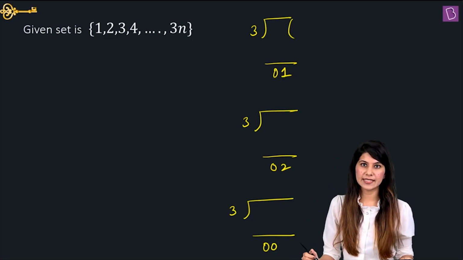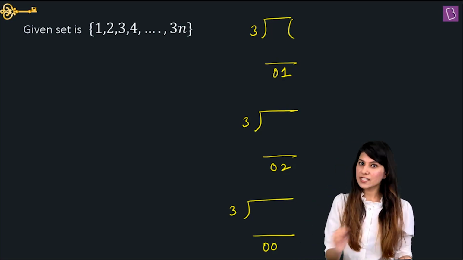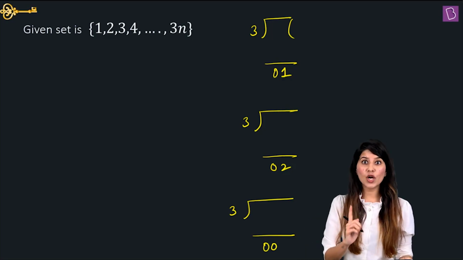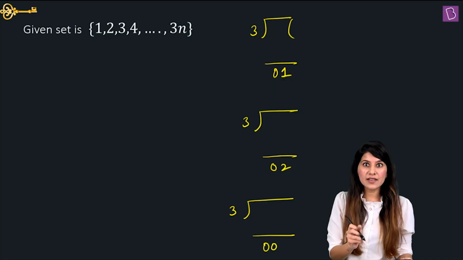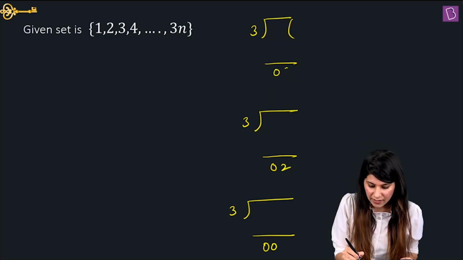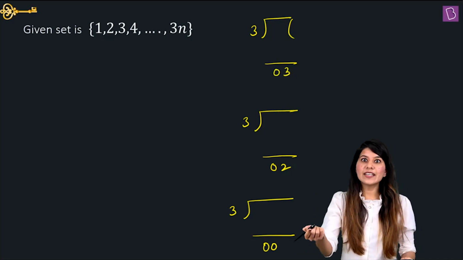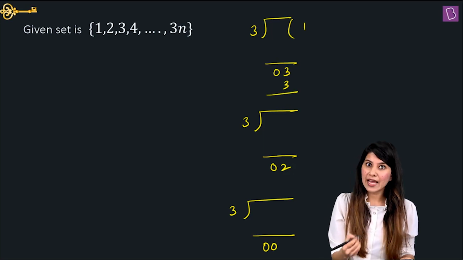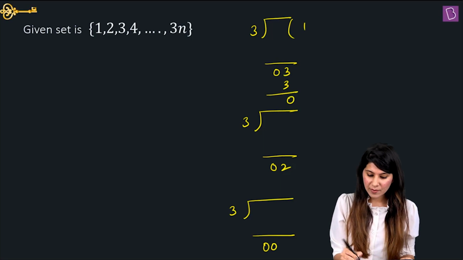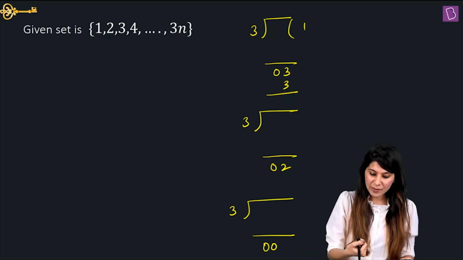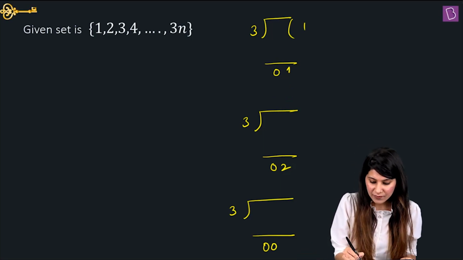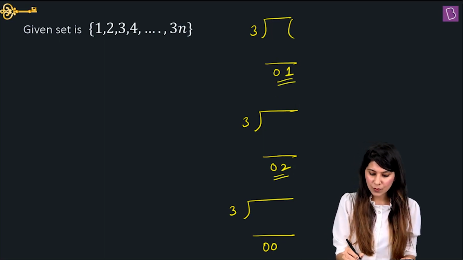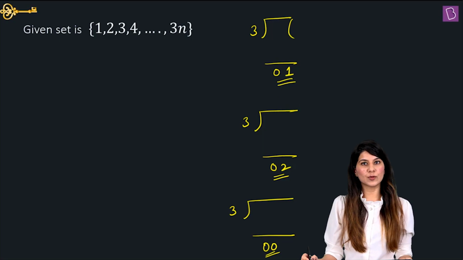That's it. Only 3 cases. Tell me another case. Are you able to find any case? You'll say, okay, we'll have remainder 3. But no, we cannot have remainder 3. For example, if the remainder is 3, then again you divide it by 3, and 3 ones are 3, and that will be remainder 0, back to remainder 0. So there will be exactly 3 cases. First one is remainder 1, second one is remainder 2, and third one is remainder 0.